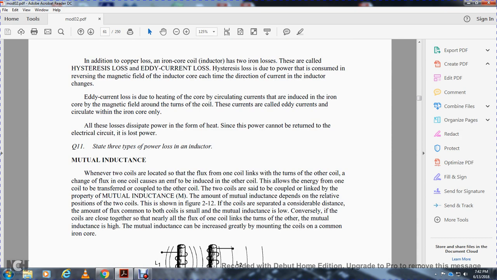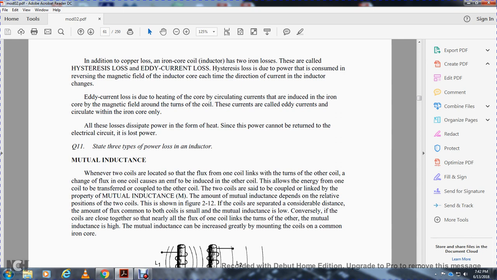Mutual inductance. When two coils are located so that the flux of one coil links with the turns of the other, a change of flux in one coil causes an EMF to be induced in the other coil. This allows energy from one coil to be transferred, or coupled, to the other. The two coils are said to be coupled and linked by the property of mutual inductance, or M. The amount of mutual inductance depends on the relative position of the two coils. As shown in Figure 212,